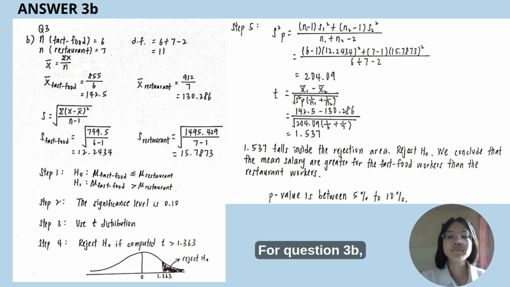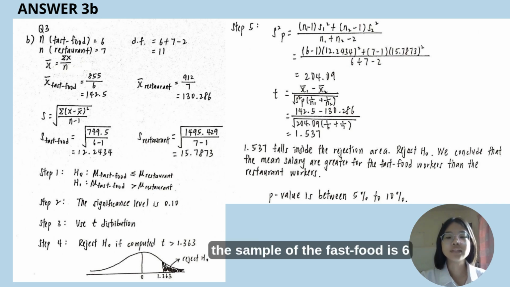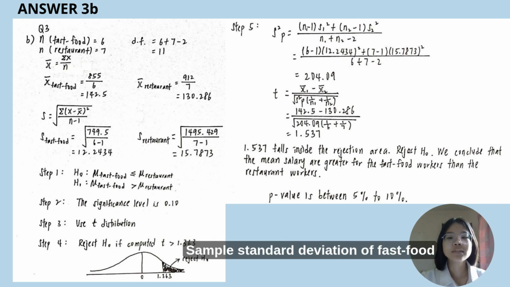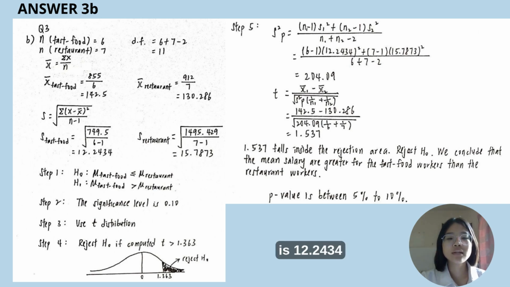For question 3b, the sample of the fast food is 6 and the sample of the restaurant is 7, so the DF value is 11. The X bar of fast food is 855 divided by 6 equal to 142.5, and X bar of restaurant is 912 divided by 7 equal to 130.286. Sample standard deviation of fast food is 12.2434 and sample standard deviation of restaurant is